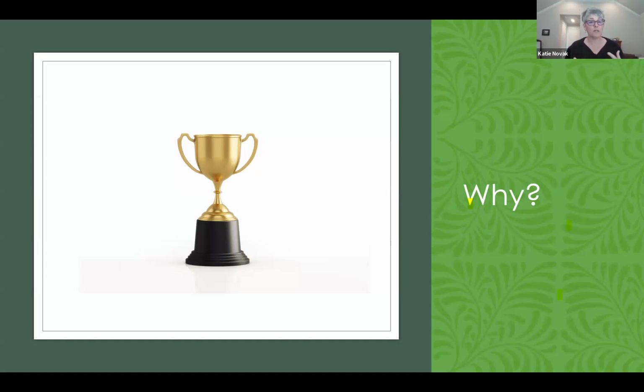In a more formal arrangement, it might be, what do you call those? A memorandum of understanding. I had to get the right word. Between the business and the co-op that says, hey, if you become an owner, we're going to do these five things. We're going to share your business on social media. We're going to put your name in our newsletter. We're going to let you set up a table at our event next weekend, and we're going to do whatever else we decide. It could be very specific and structured in that regard,